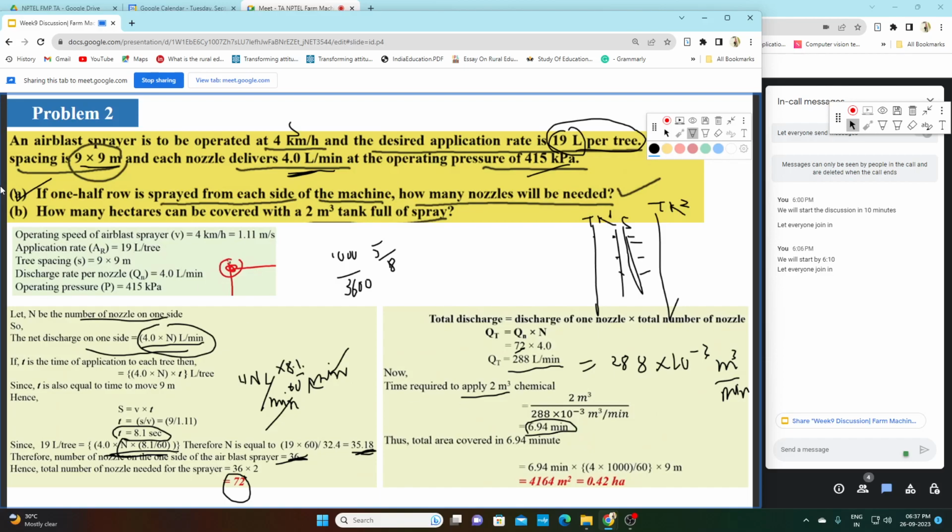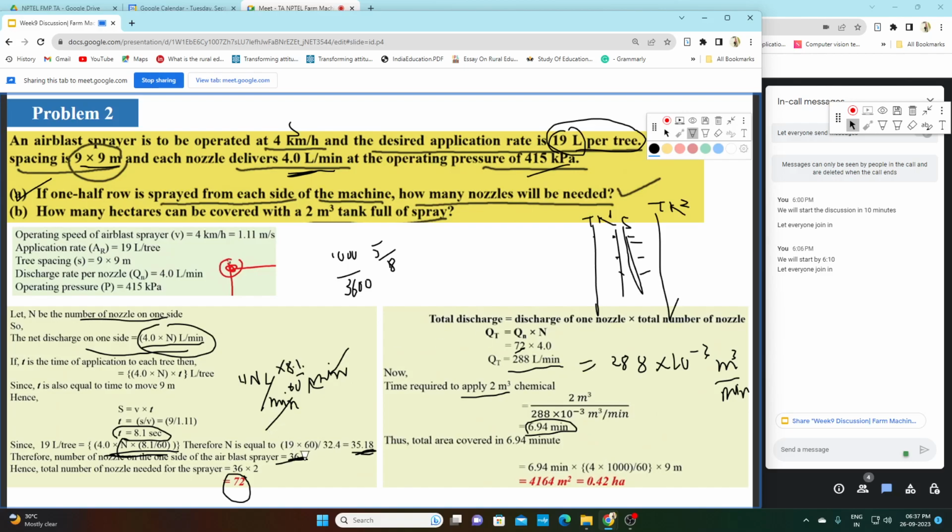Now it has been asked how many hectares can be covered for this. So hectare, how will we find this out? Again we will take the help of the field capacity. So how will we use the field capacity? Here see, we have this